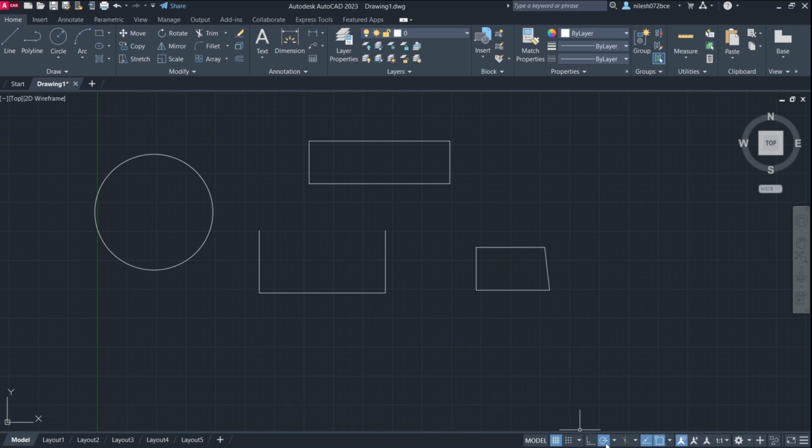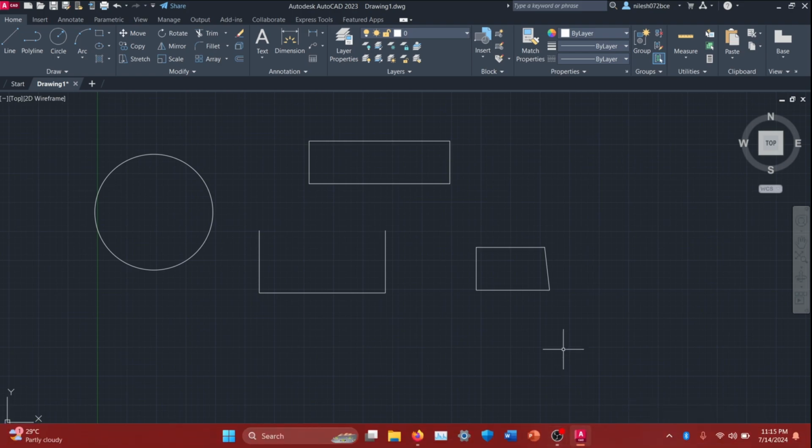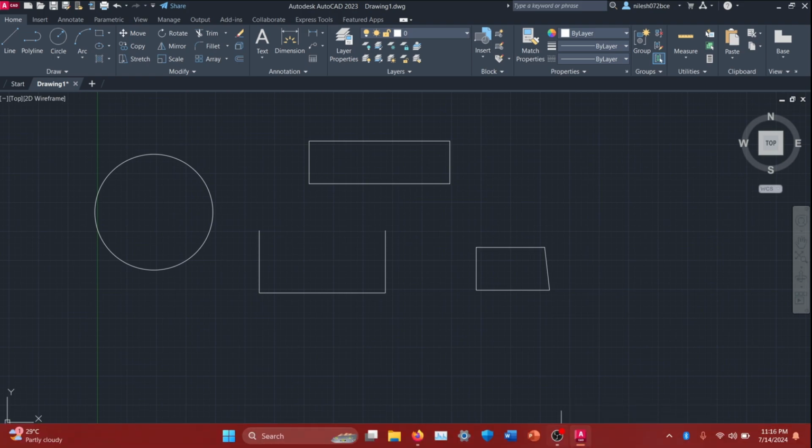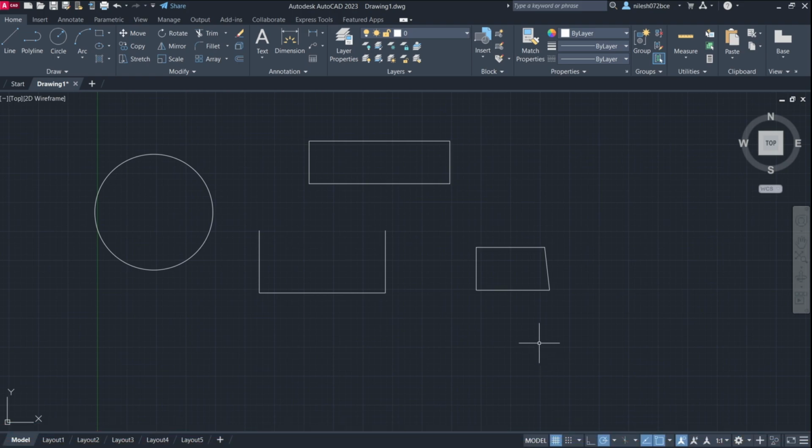And then at the bottom on the right side of the drawing section you can see the status bar. In the status bar there are many options which will be used throughout the drawing, like grid mode, snap mode, ortho mode, polar tracking, and many more. And all these options will be used while we work in AutoCAD and we will see them in the coming videos. So this was the general information about the user interface of AutoCAD 2023 or any version.